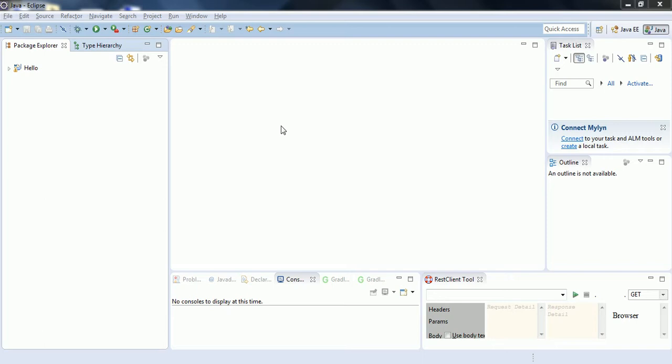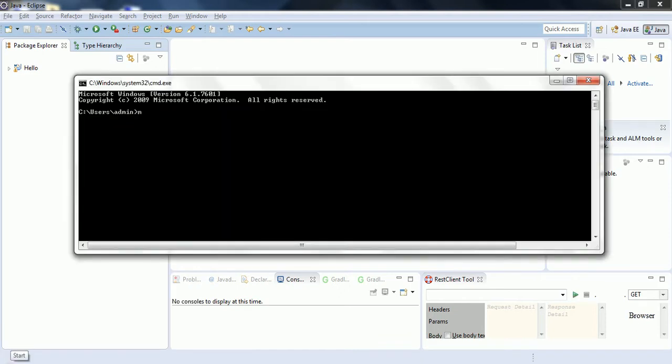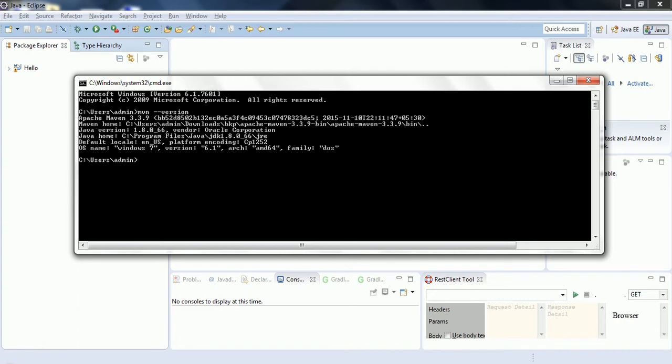In this session, I am going to explain how you can use Flyway plugin for your Maven project. In order to work with the Flyway for your Maven project, it has two basic minimum prerequisites. One is Maven. Maven version should be greater than 2 or 3. In my local computer, the Maven version is 3.3.9, and it also requires Java version greater than 1.6. If these two softwares are not available on your local computer, first download and install them, and then